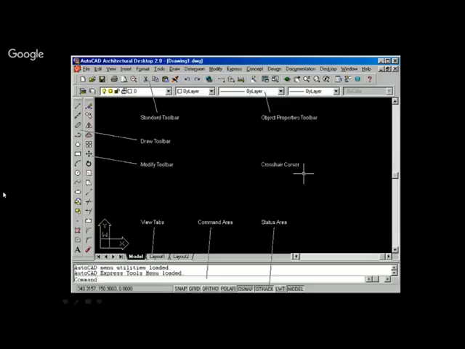This is the command area, right? At the bottom of the screen, it is written command, right? Here you will give the input. For example, if you want to draw a line, you will give a line command.